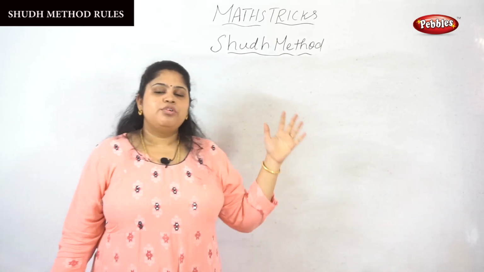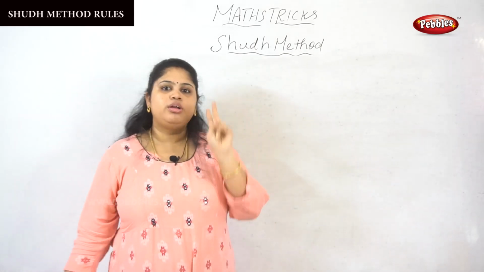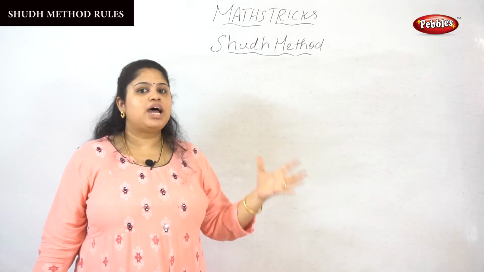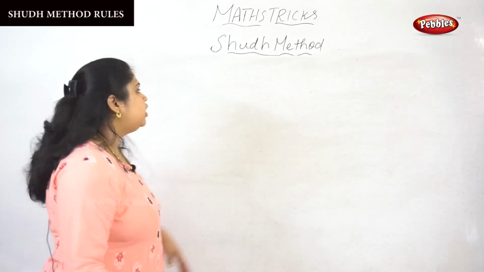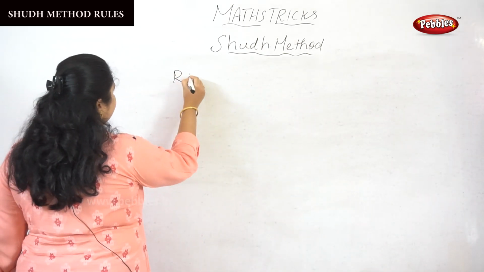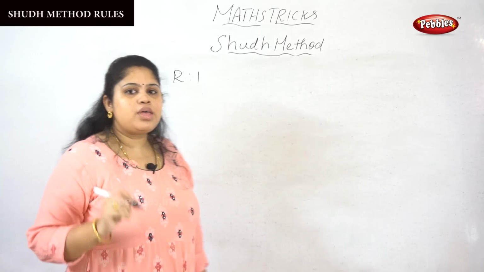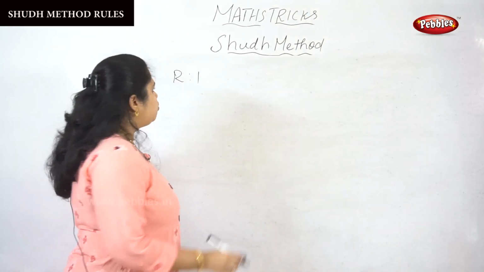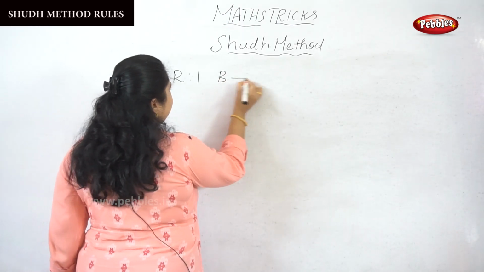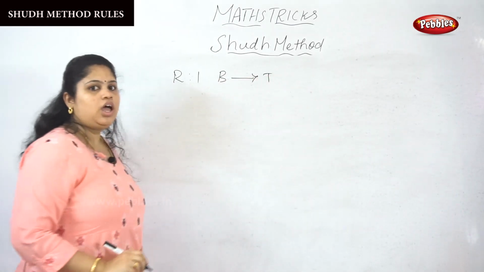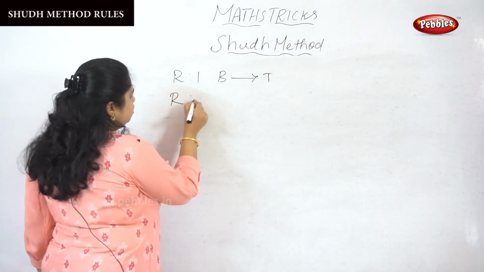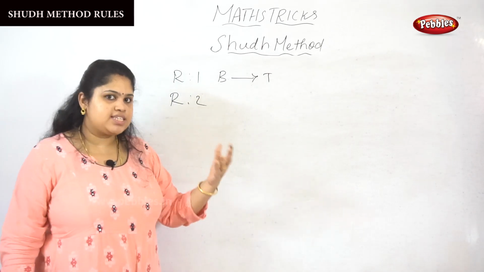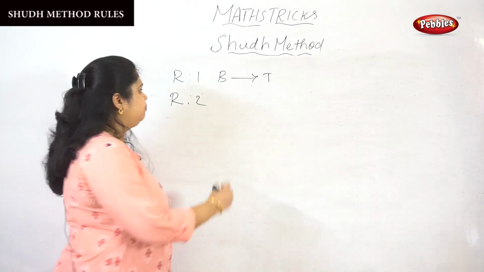Okay. So before I end, I want to remember the rules behind the Sooth method, the rules to apply to perform the addition using the Sooth method. What is the first rule? Rule 1. Once you want to follow the Sooth method in addition, what is the first rule? You want to add from the bottom to top. Okay. What is the second rule? In the second rule, if there is a 10 here, you want to drop the 10.